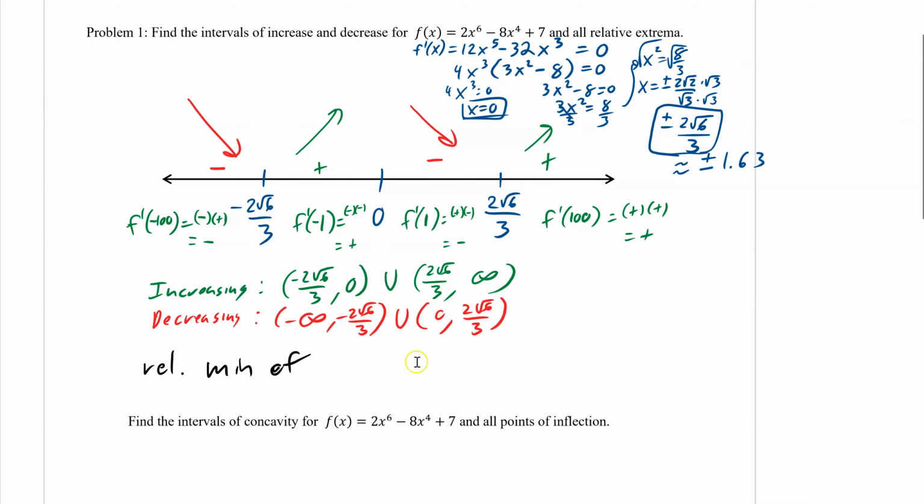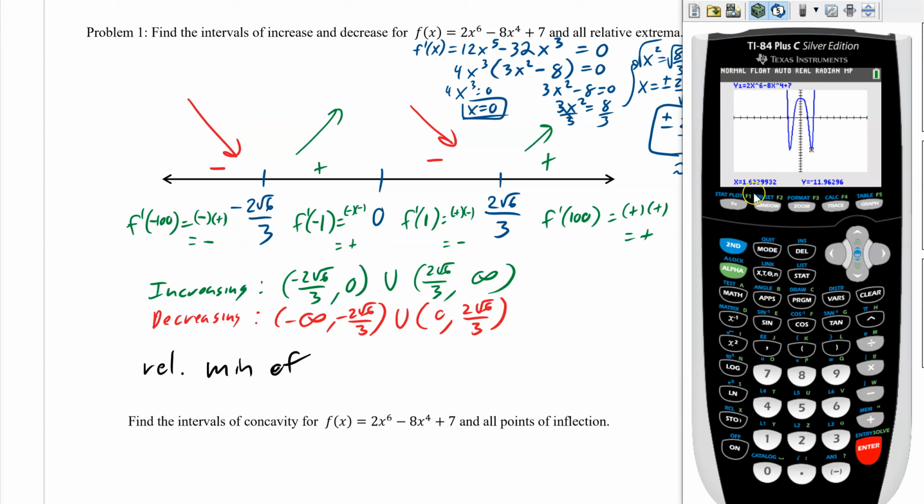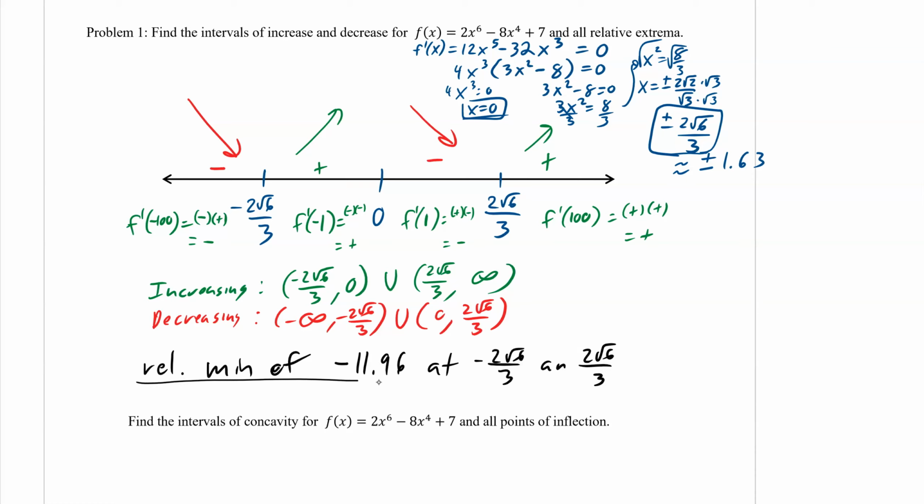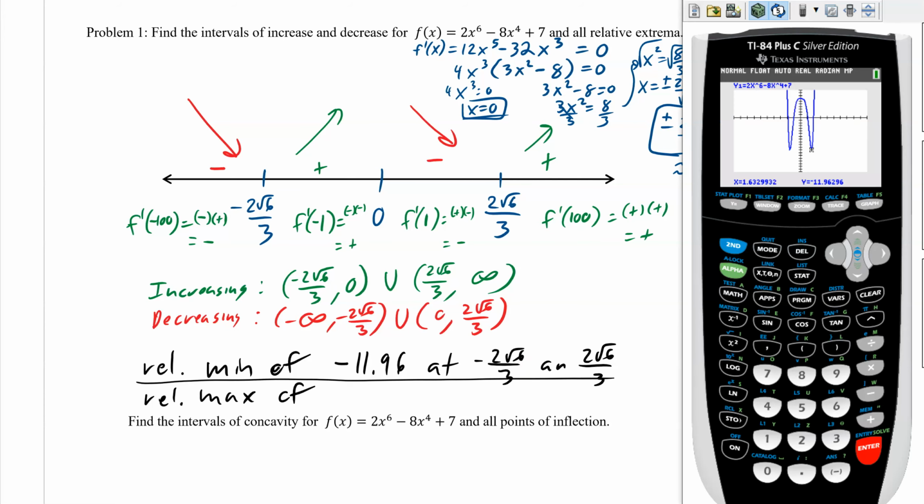of, and then now we can take our calculator and plug it in. So 2 rad 6 over 3 gives us a negative 11.96, at negative 2 rad 6 over 3 and at 2 rad 6 over 3. Those were our mins. And then we also have a relative max of, and then we can go back and use trace 0, and it says 7